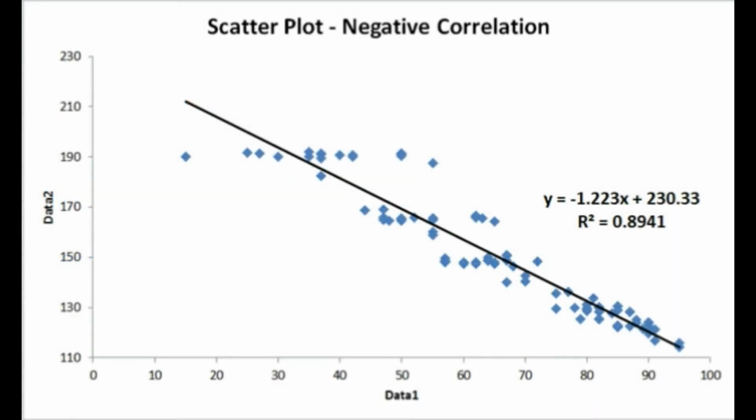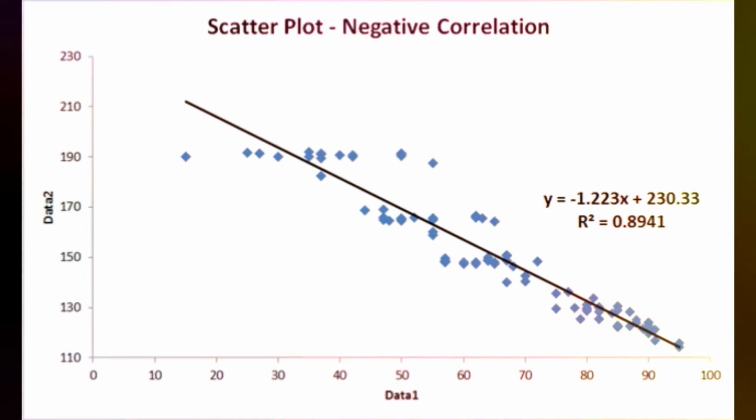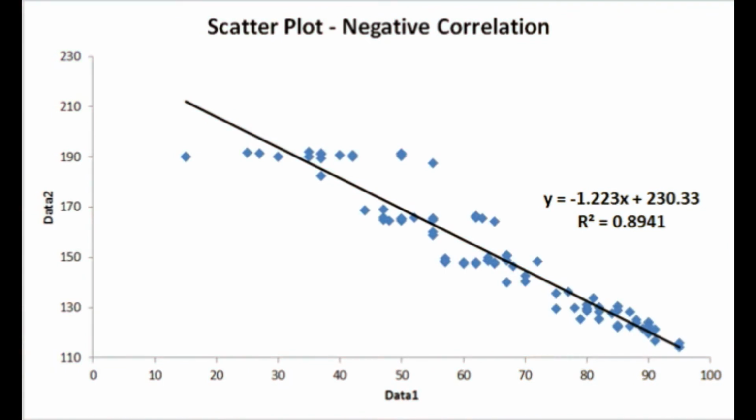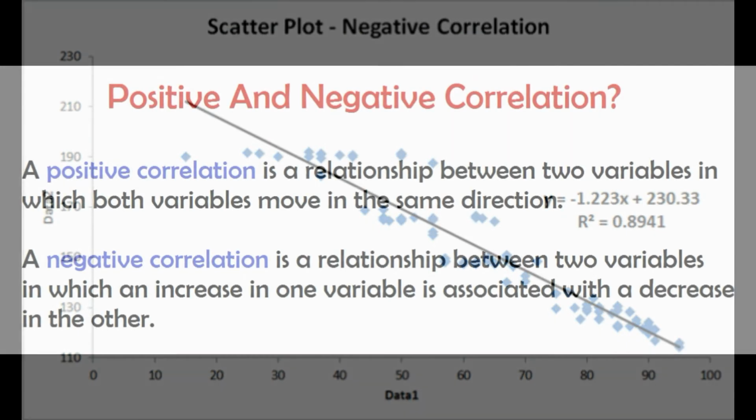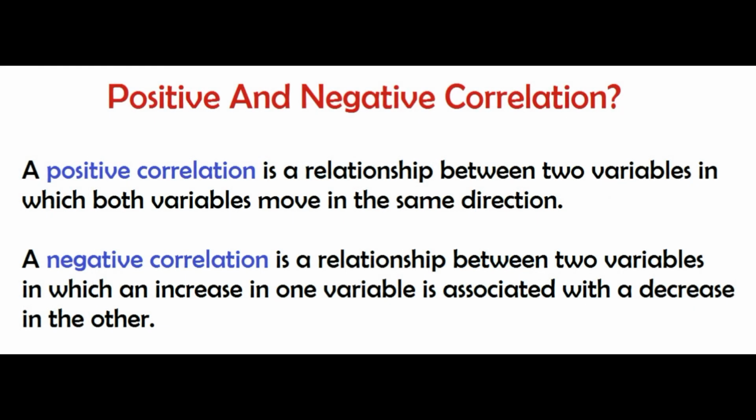Let's talk about negative correlation. So, in a linear relationship, if the dots of the scatter diagram depict a pattern of a downward straight line, then we will term this relationship as a negative linear relationship or negatively correlated. The important point to remember for a negative linear relationship is that the movements in the values of both the variables are in opposite directions. That is, if values of one variable are increasing, then the values of the other variable tend to decrease. So, the negatively correlated variables are also called inversely correlated.